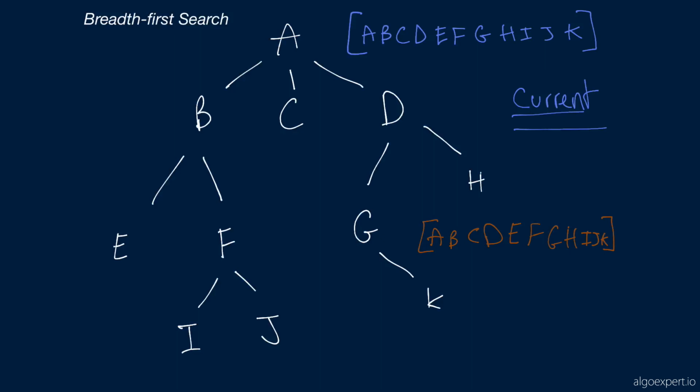If you're not convinced, we can grab this array that we just built and compare it to our initial solutions array. And you'll notice that it's identical, right? We've got A, B, C, D, E, F, G, H, I, J, K. And we're done. So now before we jump into the code implementation, let's cover the space-time complexity analysis of breadth-first